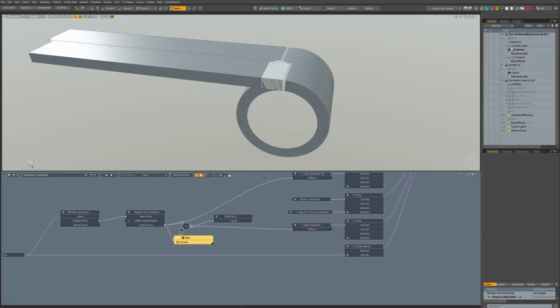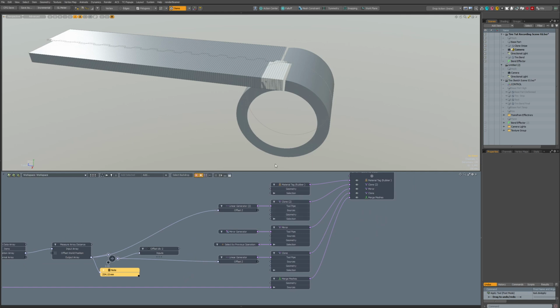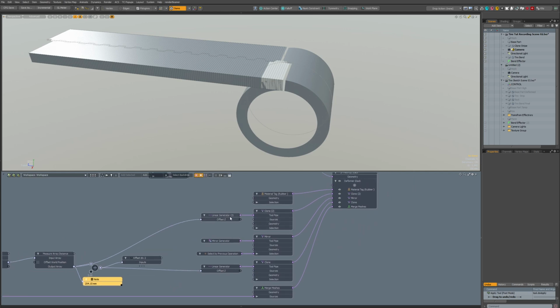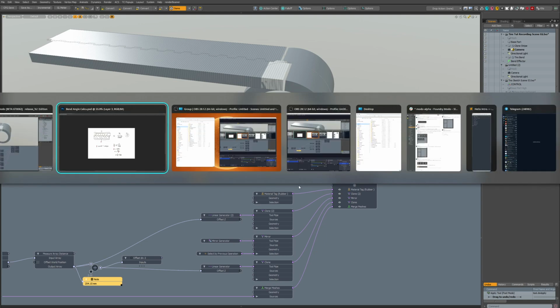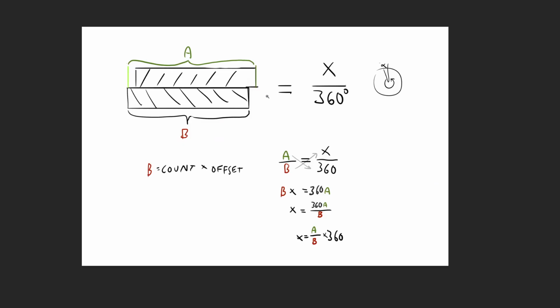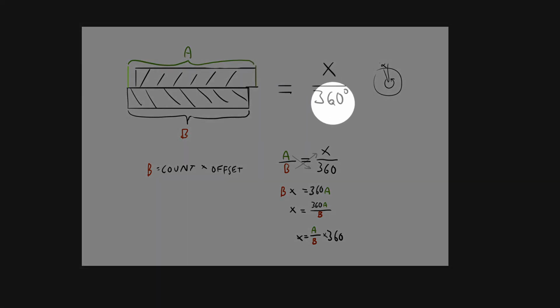So it's how many times this part is duplicated and what the offset is. But because they overlap, they don't match. So it's a bit longer, this other one, and that is a relation to this angle X is the same as